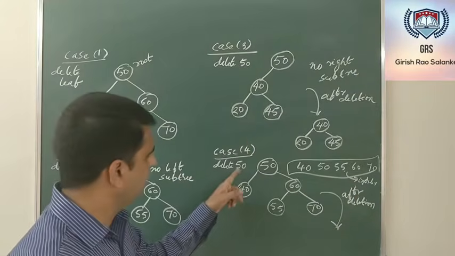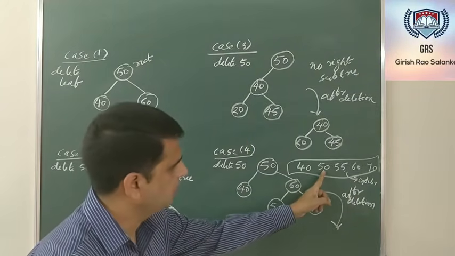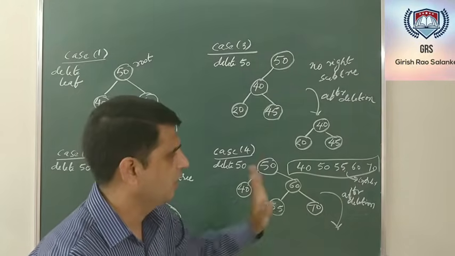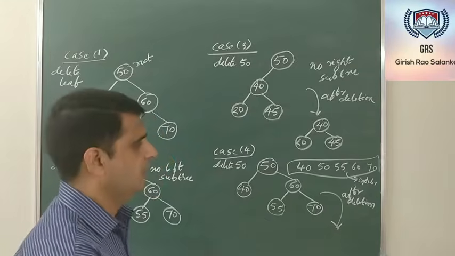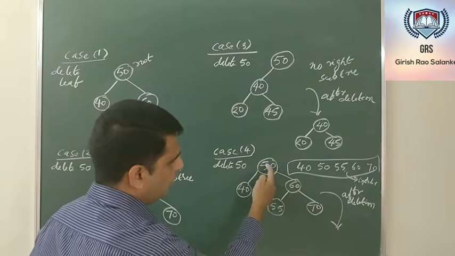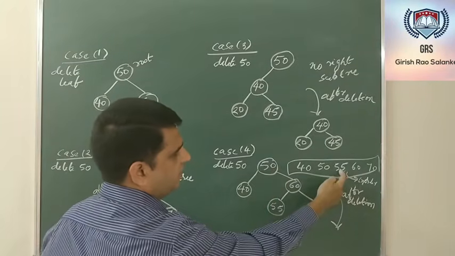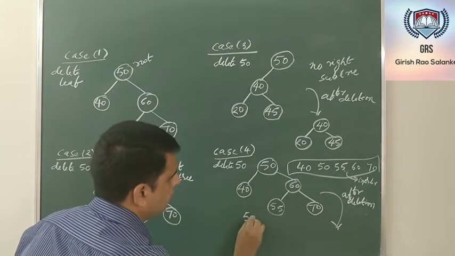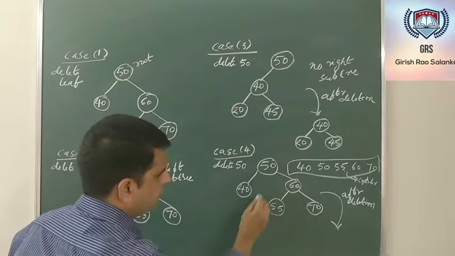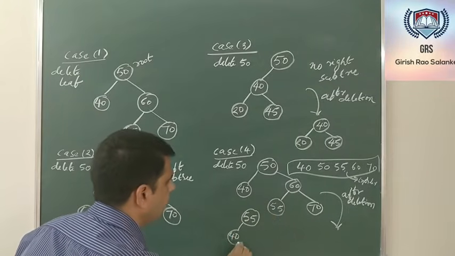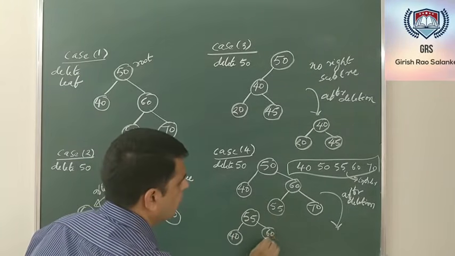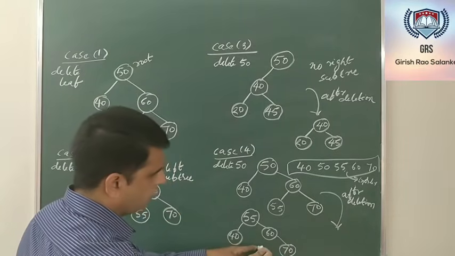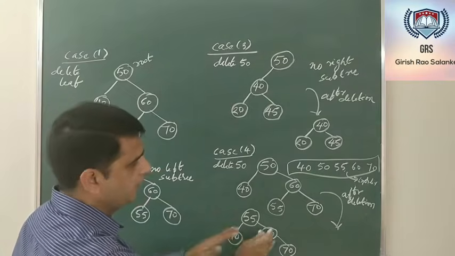Now I need to delete 50. So who is the successor of 50? After 50, what node is there? That is 55. Now what I am supposed to do is replace the node to be deleted with its successor. Its successor is 55. So after deletion, I should bring this 55 to this position, 40 as it is, 60, 70, and anyway there will be one more 55 here. I need to delete this